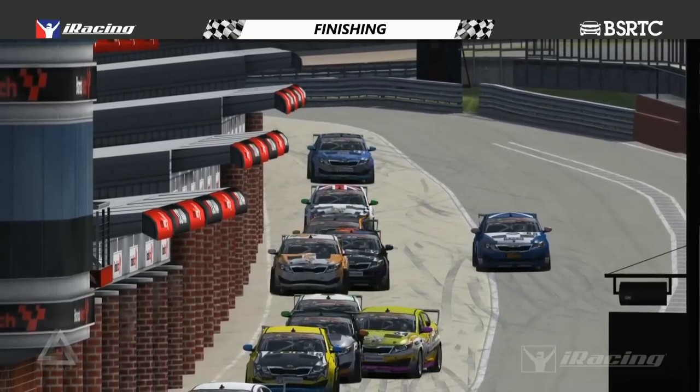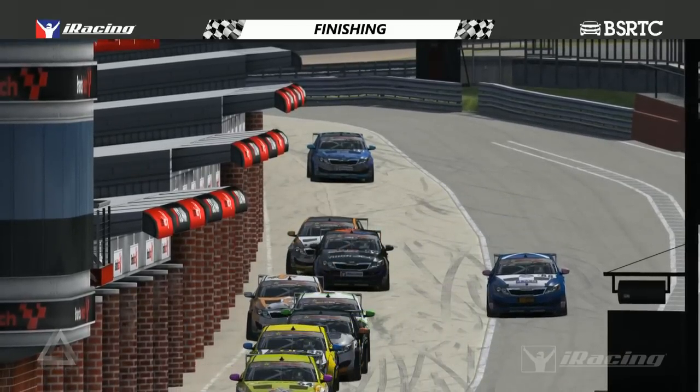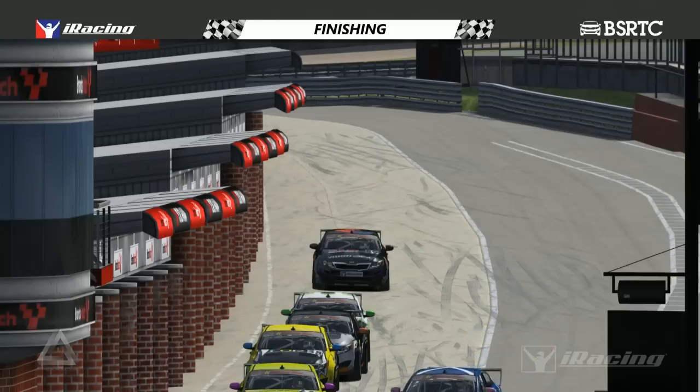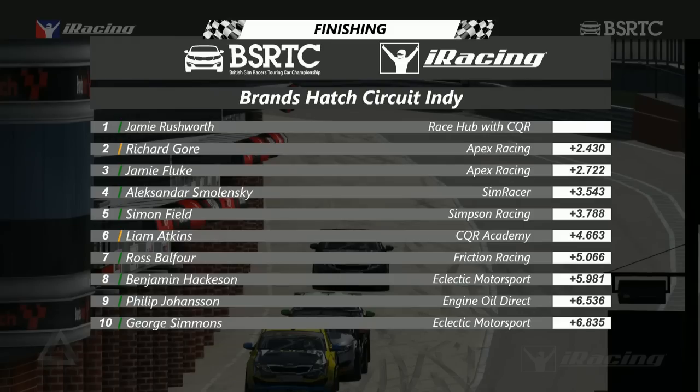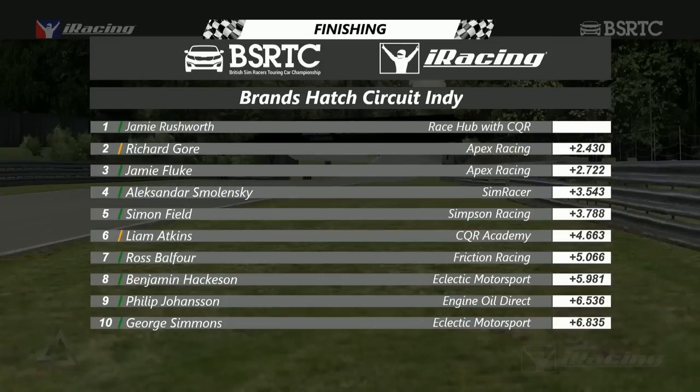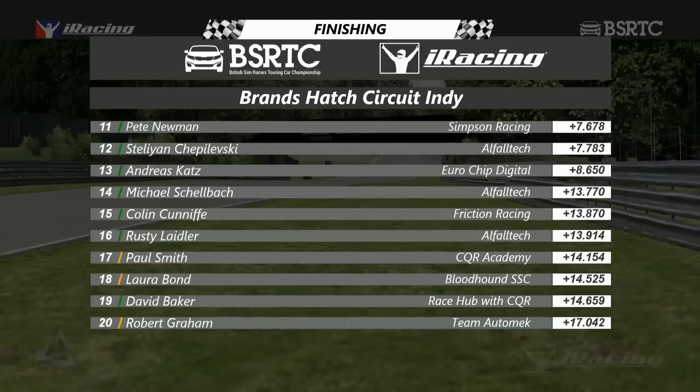Well, let's run you through the finishing order then from the second race of the evening. We're still losing our breath here. We've got 2 more races to go, of course. Jamie Rushworth wins by 2.5 seconds over Richard Gore. Jamie Fluke in 3rd, 4th, Alex Smolensky, 5th, Simon Field. And those cars that finished 3rd, 4th and 5th, they've had to do their whole load of overtaking. Jamie Fluke, Smolensky and Field started 8th, 9th and 12th respectively. Liam Atkins finished in 6th, 7th, Ross Balfour, 8th, Ben Hackerson, 9th, Philip Johansson and 10th, George Simmons, 11th, Pete